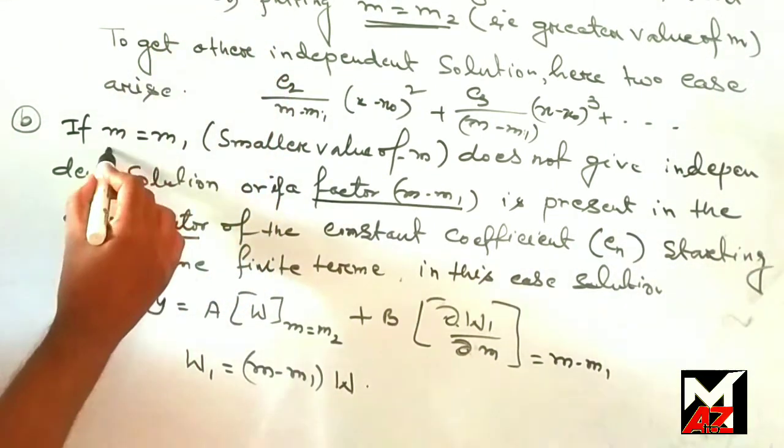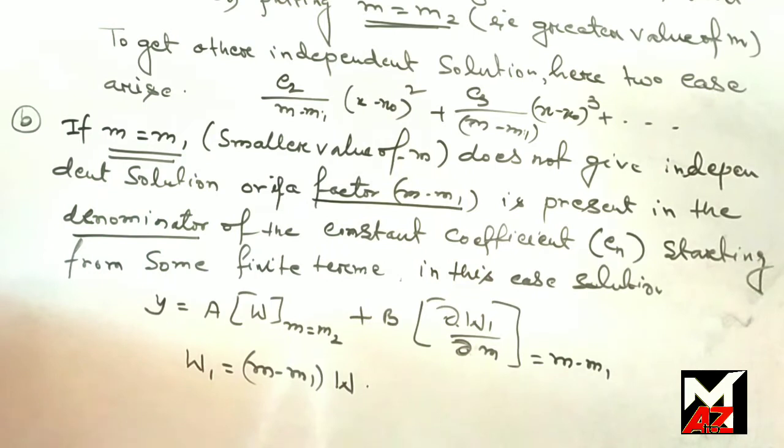So if m equal to m1 does not give any independent solution,